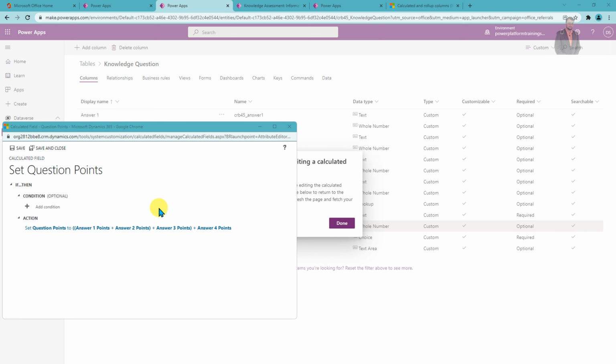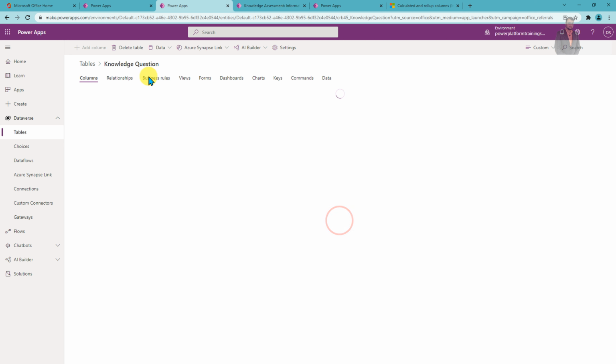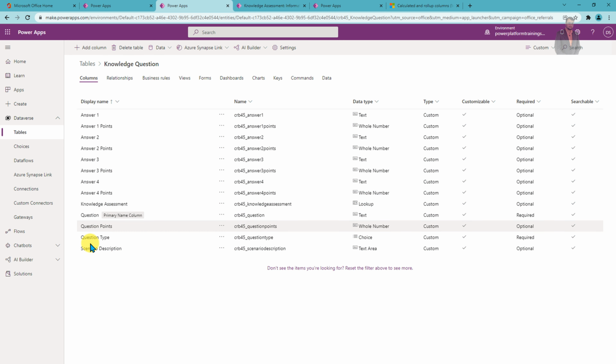If I open the formula for the question point, I added a formula: answer 1 point plus answer 2 point plus answer 3 point plus answer 4 point, and that is stored in one of the columns in the knowledge question table. So in the knowledge question table we already have a column called question point, and it stores the summation of all the 4 points of the question that we just added. So the sum was 100, right?